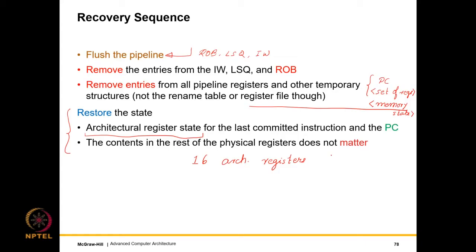So we somehow need a way to recover and rewind our state to the state that existed just before renaming. You can call it renaming, fetching, decoding, it doesn't matter, but just before processing the branch instruction in program order, whatever the state was, we need to roll back to that point.